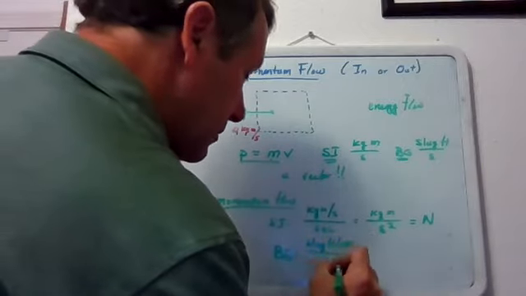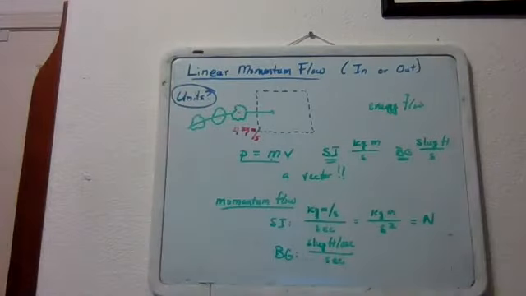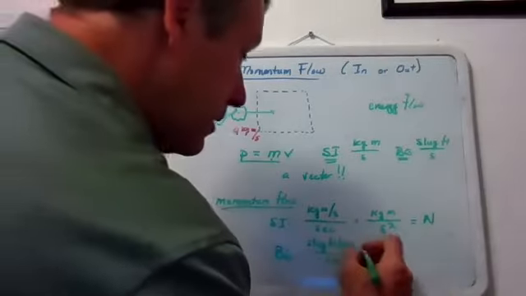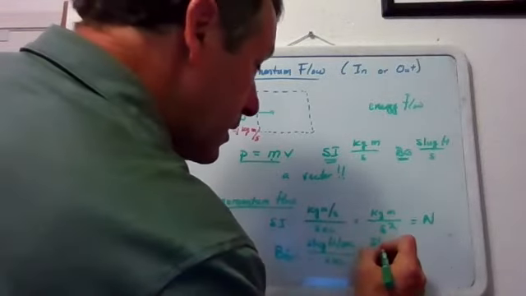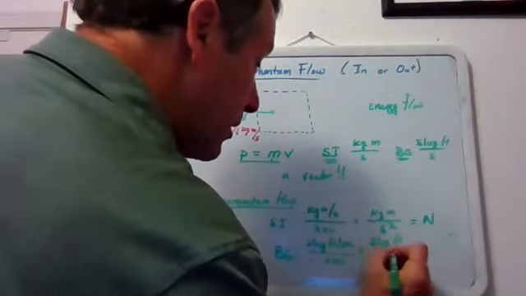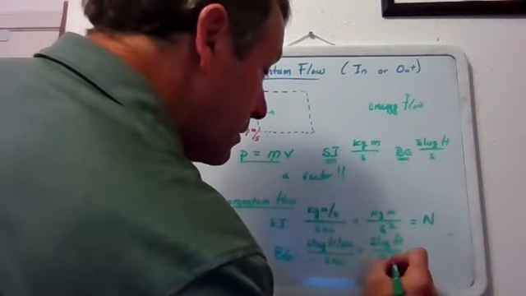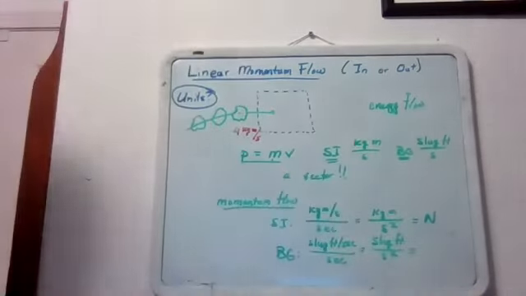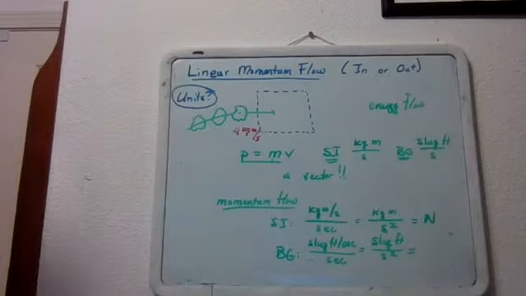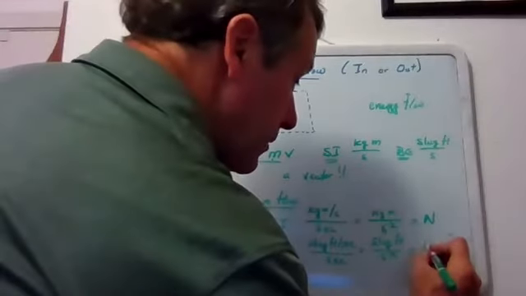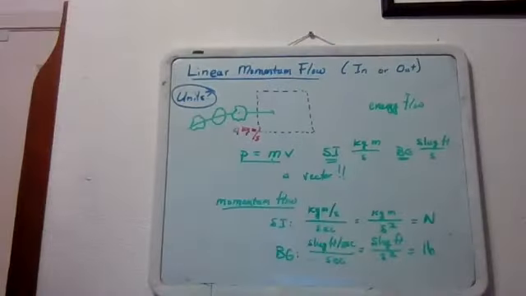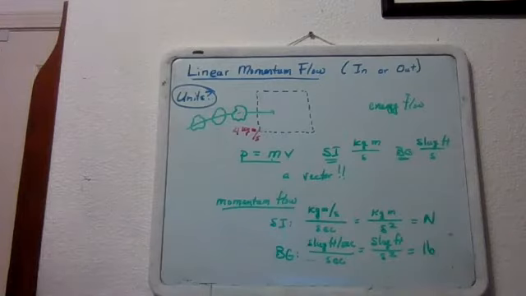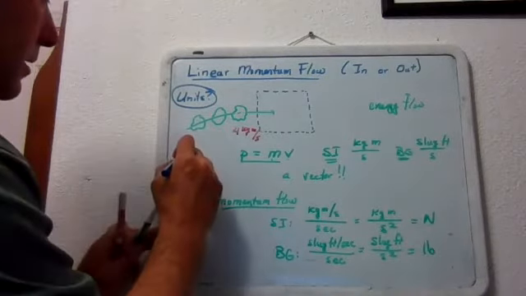Okay, so that would be the BG unit for momentum flow. And then if we're simplifying it, that's going to be slug foot per second squared. And once again, it's useful to remember what a slug foot per second squared is, and that is a pound. Okay. So please don't copy this down, but just to get a feel for what's going on, we're going to